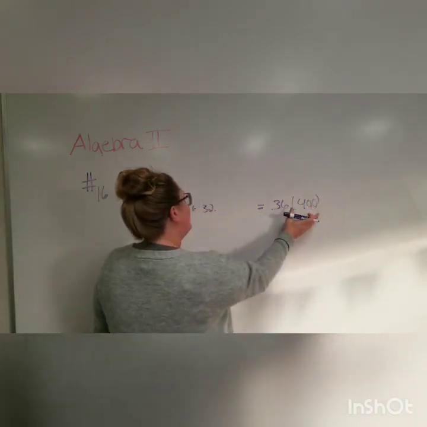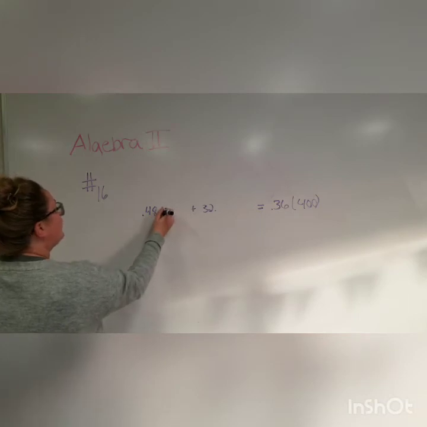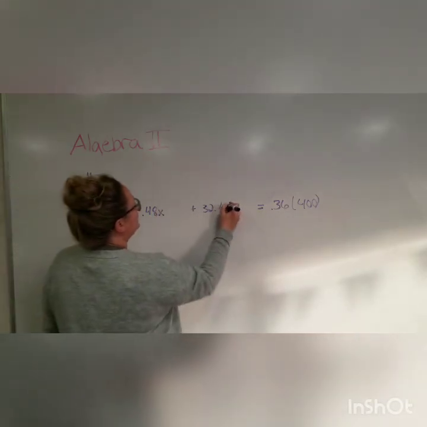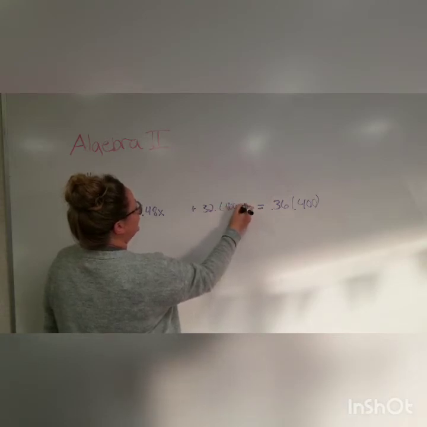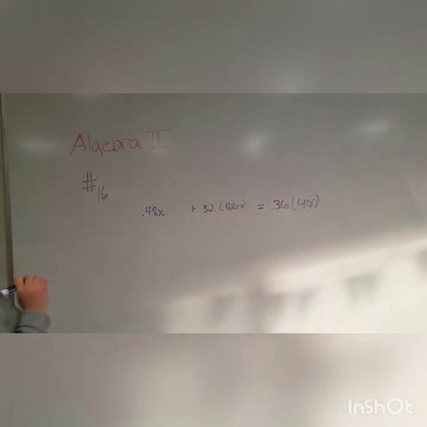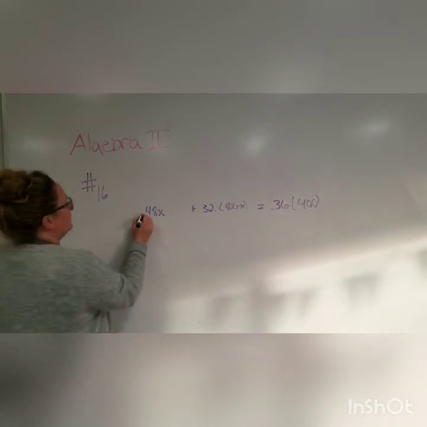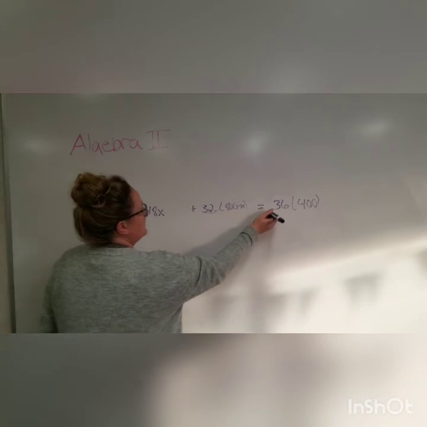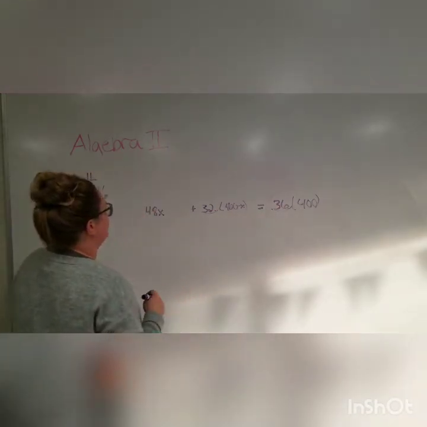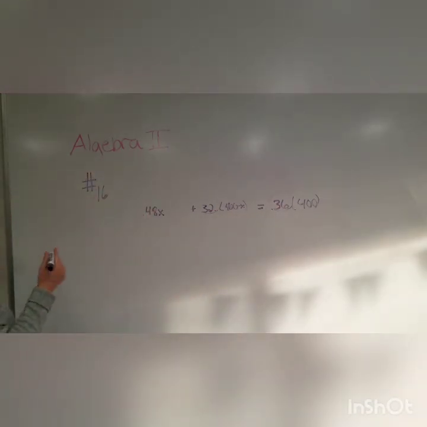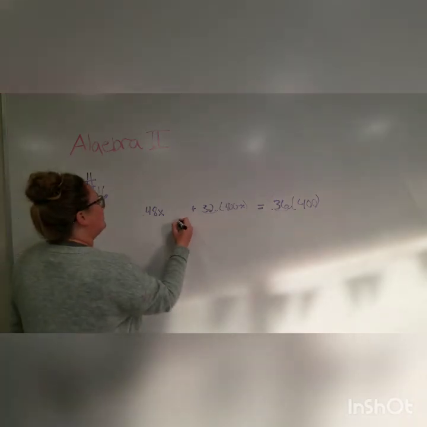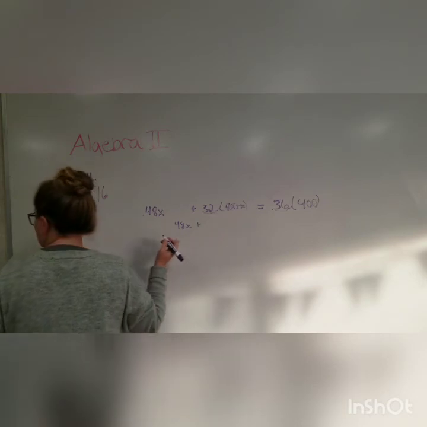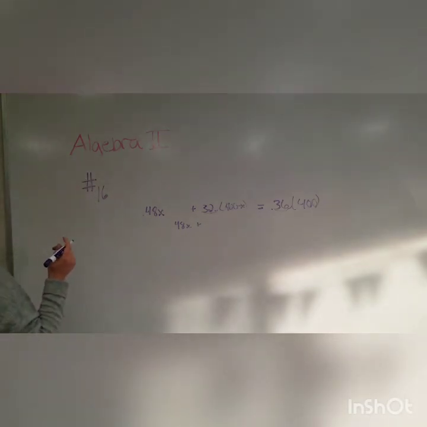All right, if you know the end result, you call one of your amounts x, and the other one, the end result minus x. Right? So times by 100, that'll move the decimal on all of these to behind the number, so we don't have to deal with decimals anymore. Now we need to do our multiplication. We have 48x plus 32 times 400, which is